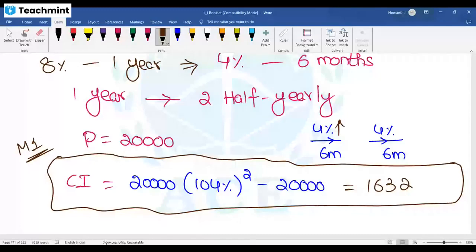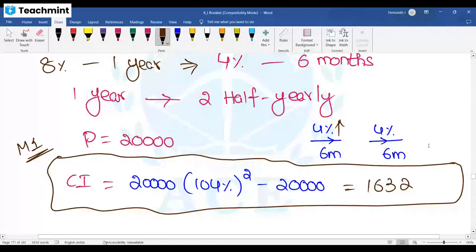We gave one video. Already we did one video to do squares in a faster way. 104 square, 110 square, all those things. You can use it and still you can do it fast actually. But okay, let it be. I'll give the other method to save on calculation. I hope you copied this solution.